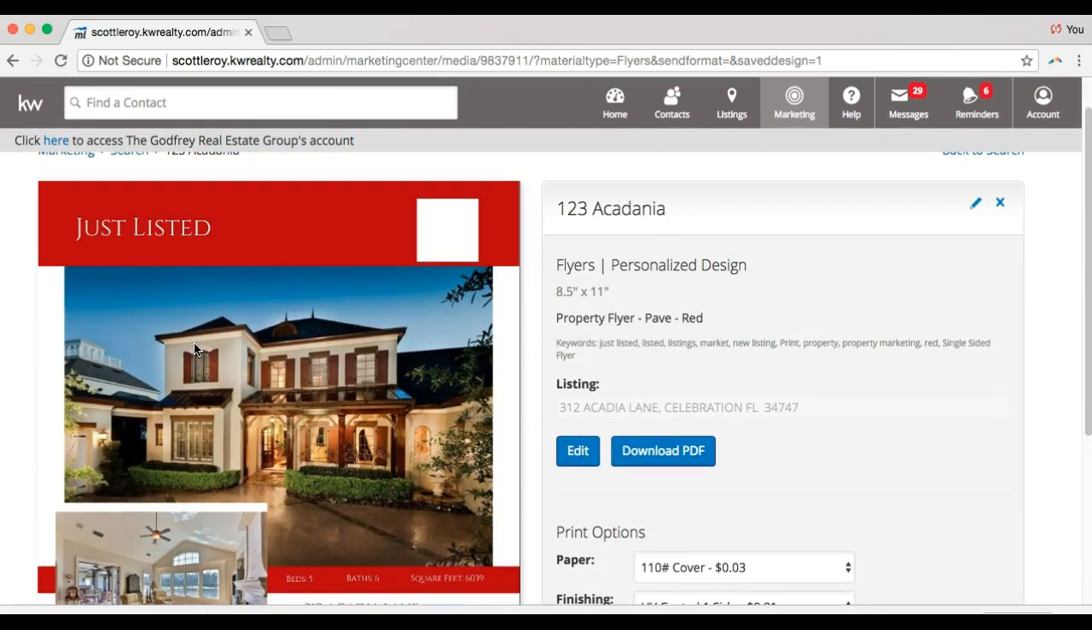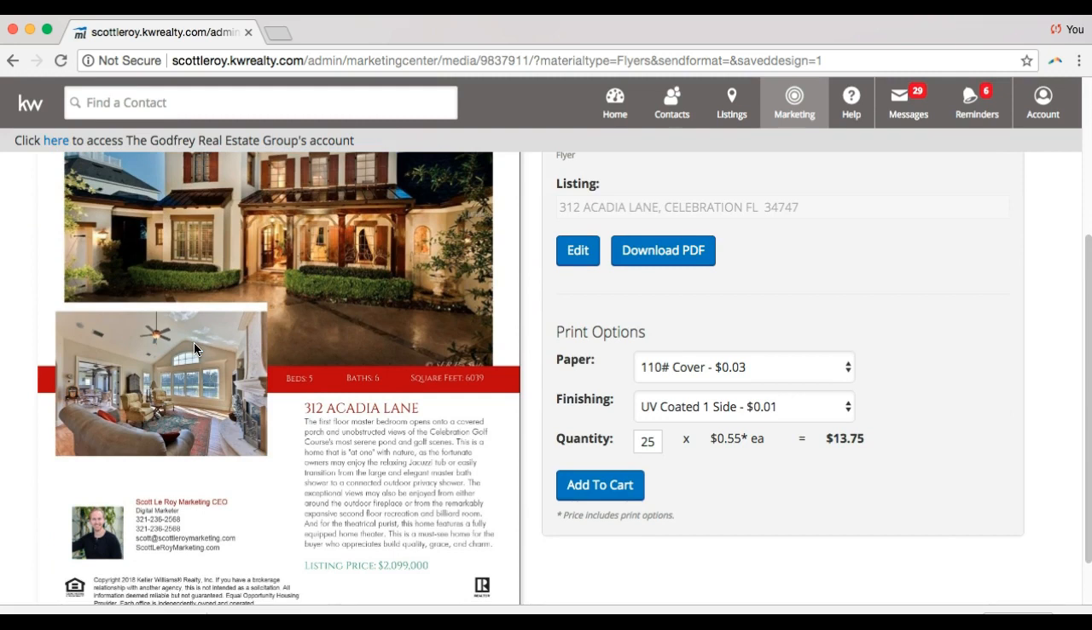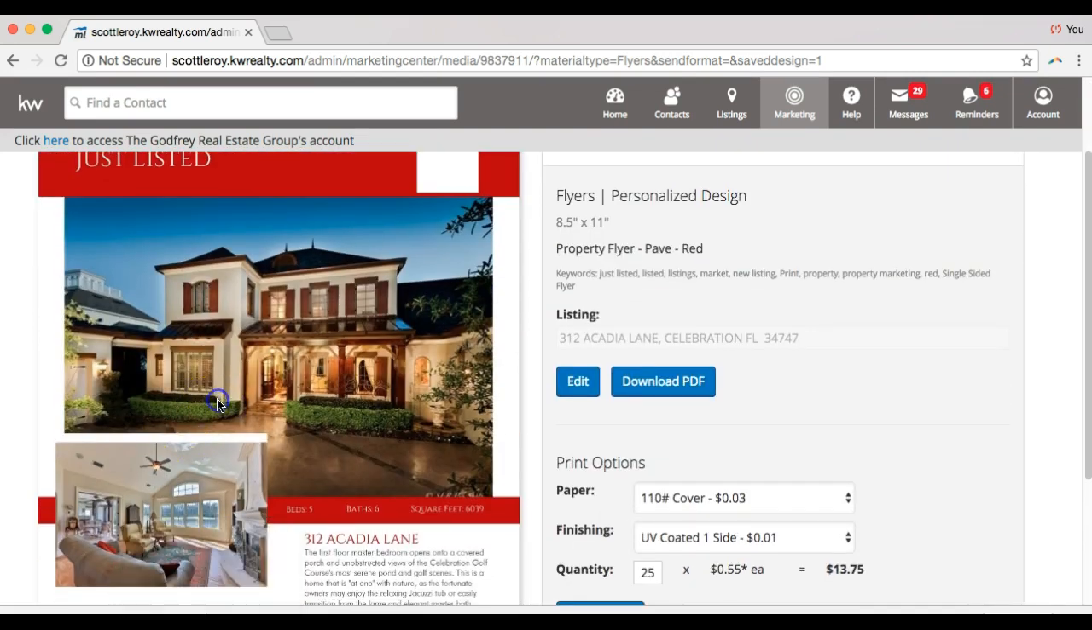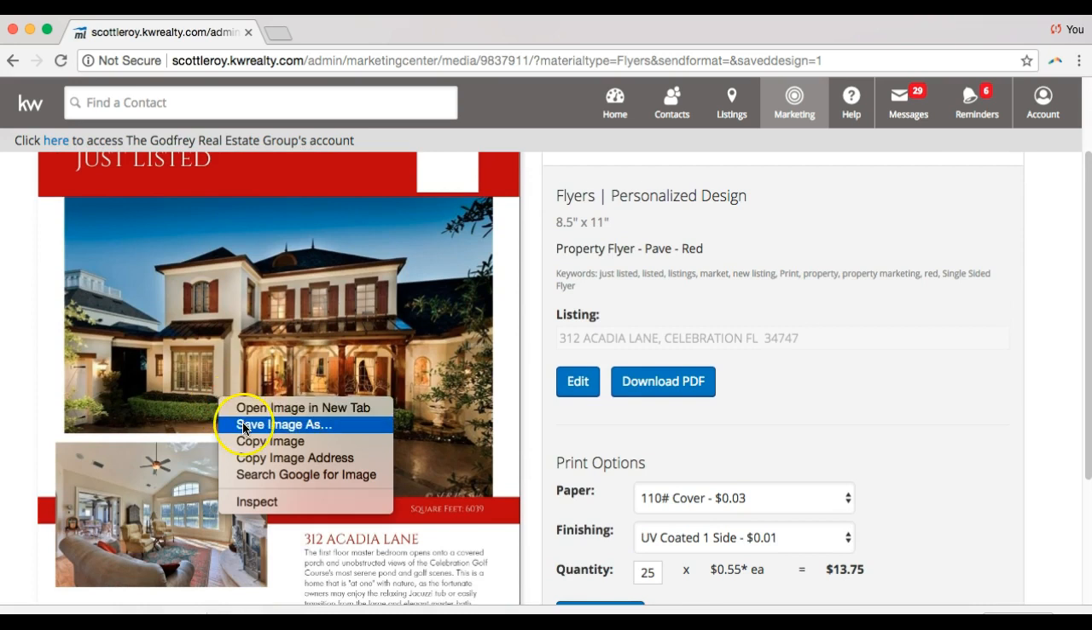But let's pretend that we like this flyer and it looks good. Same thing as before. We can save this. Maybe you want this as a JPEG because you can't send out a PDF. Like you can't post a PDF on Facebook. You can't post a PDF on Instagram. It has to be like an image file. So same thing as before. If you wanted to save this as an image, you can right click and click Save Image As and save